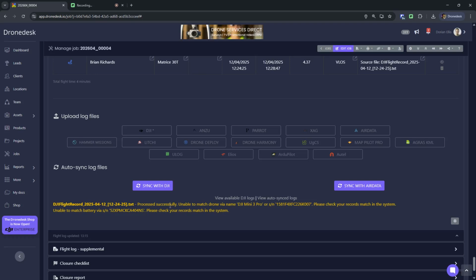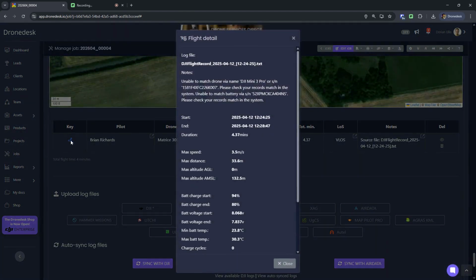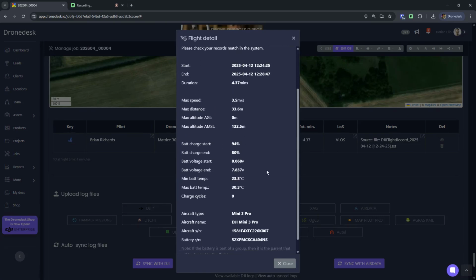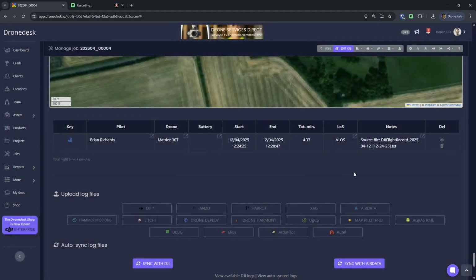You can view more details of the flight by clicking on the route icon there. So that'll give you start and end battery charge, temperature, and so on. So additional information. If you've used the sync option, when you return to this job, you'll have a download icon next to or in the notes field. If you click that, that will give you a full CSV of the entire flight. So a human readable version of your flight log if you need to review